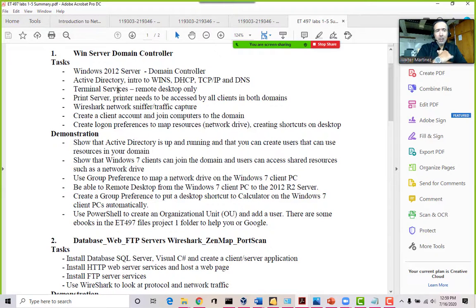We're also going to be using a product called Wireshark. It's an open source network sniffer program. So you'll be able to capture packets that are going on your network, or packets are basically the bits and bytes of data that are traveling on your wire, your networking wiring. You'll also learn the basics of creating user accounts, making shares on the servers.